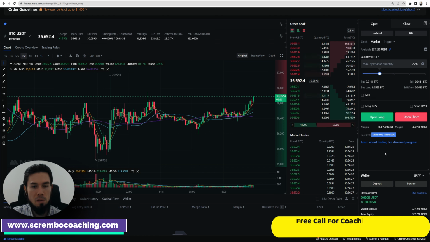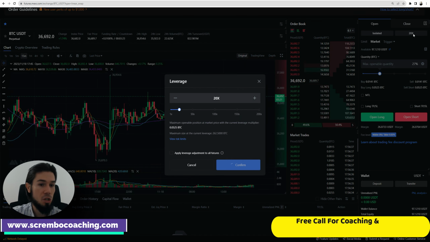Now, let me just get back to this and be on the topic straightforward. This is basically the isolated and cross, very important to clearly get the idea. Next to it, to the right, you have the leverage size. So you can decide on the leverage you want to go with. The platform will basically tell you the maximum size at the current leverage you can have right there. So it's not like you can go 100x leverage and you can have an unlimited total size. The platform will limit that, to 105 Bitcoins. You cannot have more than 105 Bitcoins on a